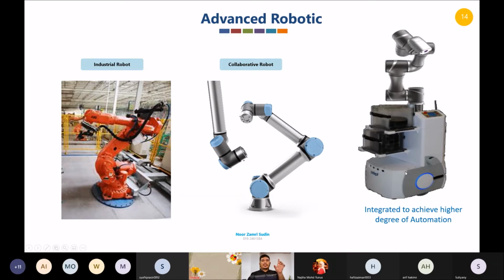The below one is AGV, or we call it automated or autonomous guided vehicle, and the upper one is the robot. So we merge these 2 robots together. So basically this more or less replaces humans in industry, because this robot can go anywhere he wants. Then the upper one can do anything he wants. So when they merge together, I can say more or less this robot can replace humans.